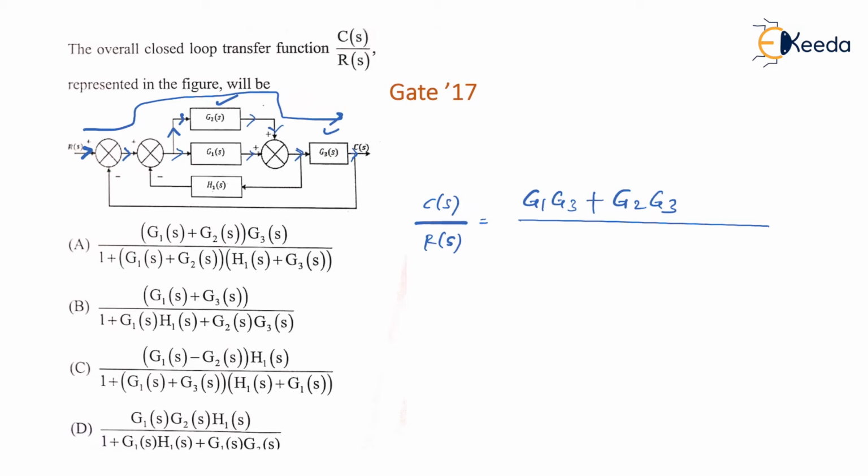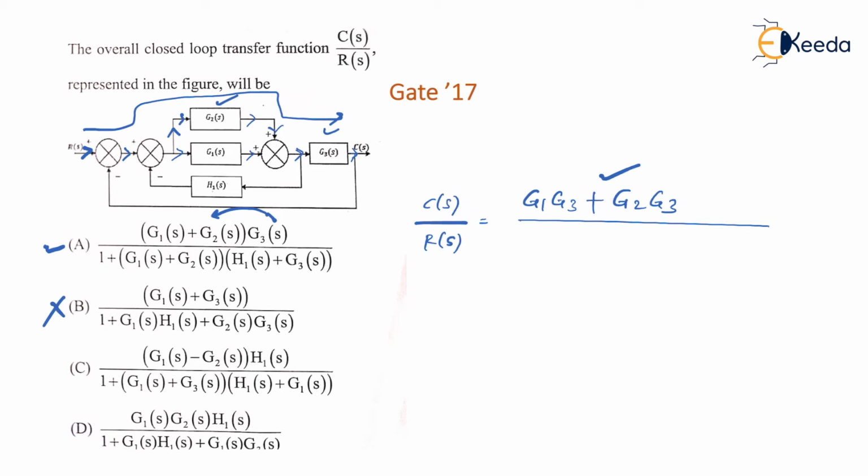So here I can actually go for option number 1, because if you take this G3 inside, you will actually get the same term. So option number A could be valid. I cannot come to the conclusion unless and until I see all the options carefully. Look at option number B. It says numerator as G1 plus G3. Again, I can eliminate this option.